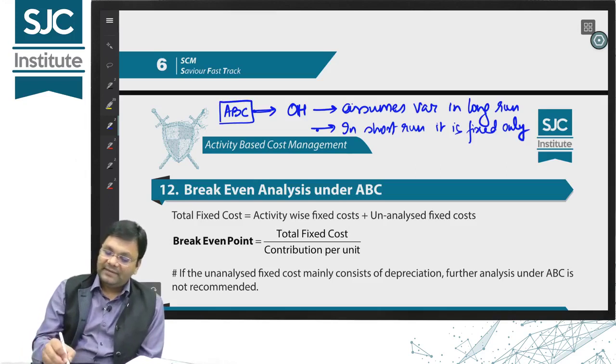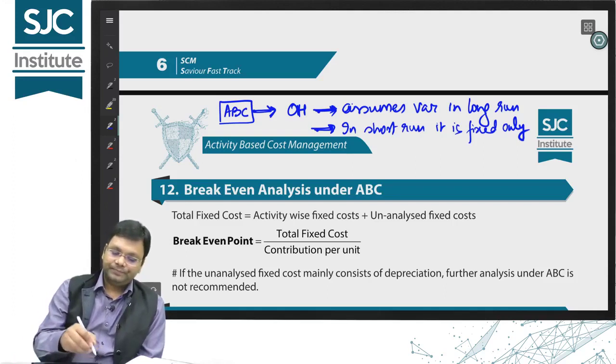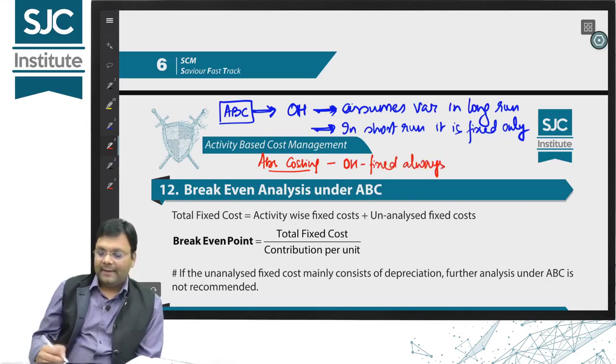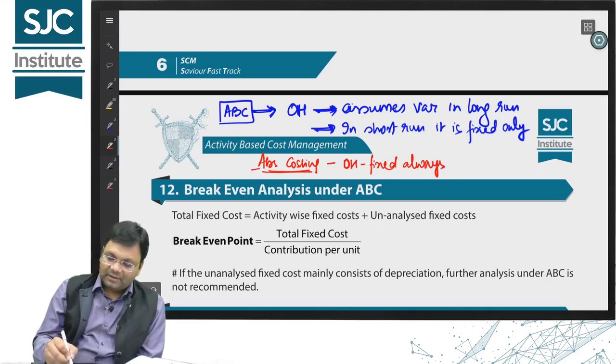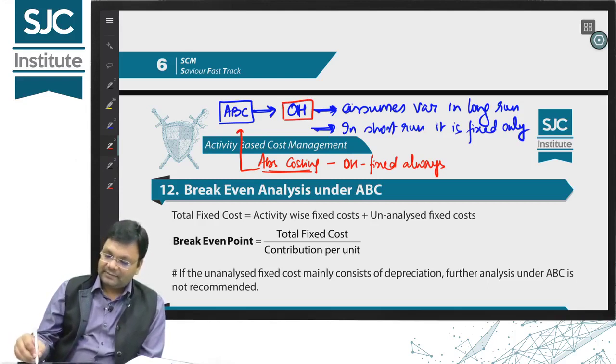So ABC is having overheads variable in long run, but in short run it is fixed only. Under absorption costing, when we study, all overheads are fixed always. So when we switch to activity based costing, what happens? We just break down the overheads into different activities. After switching to ABC,